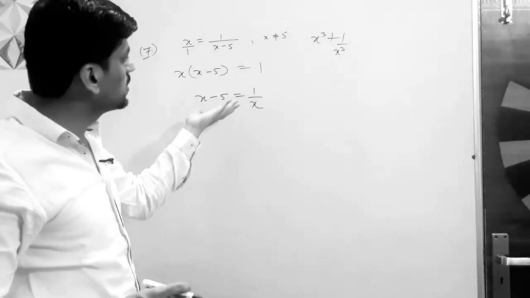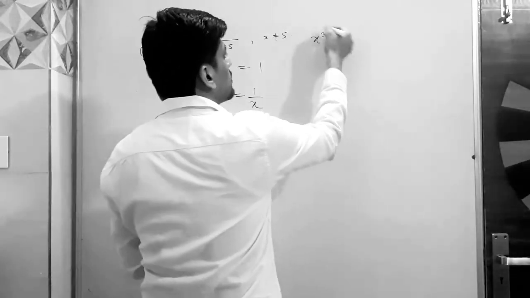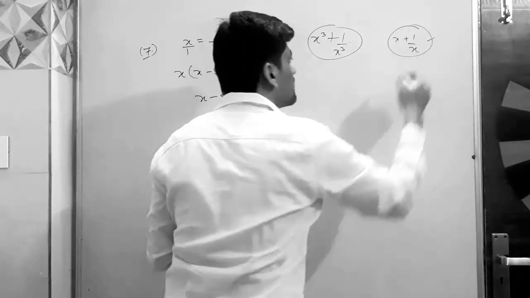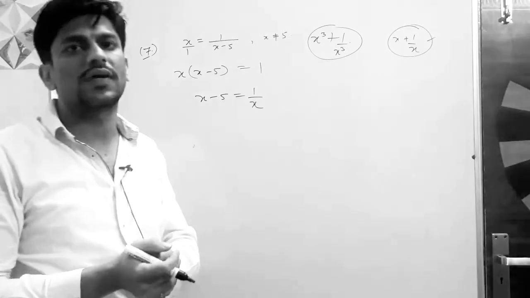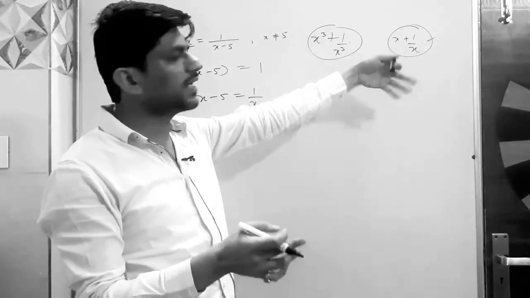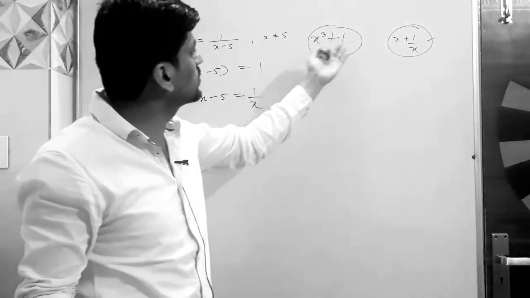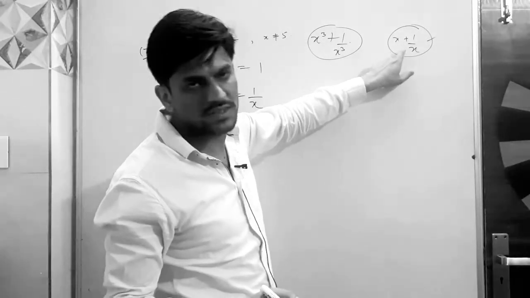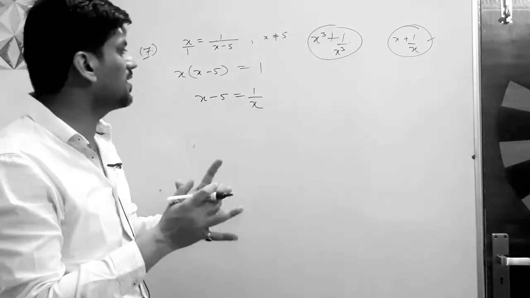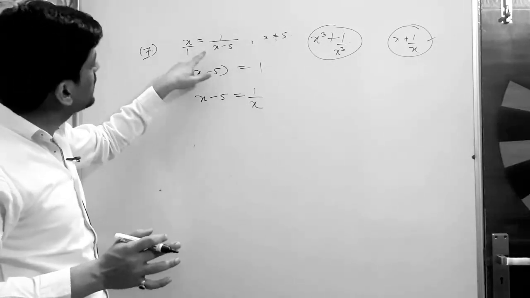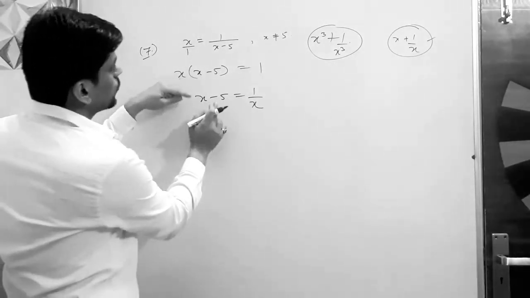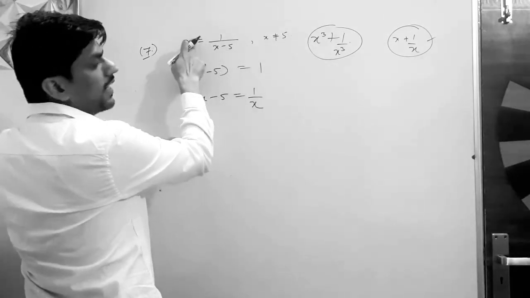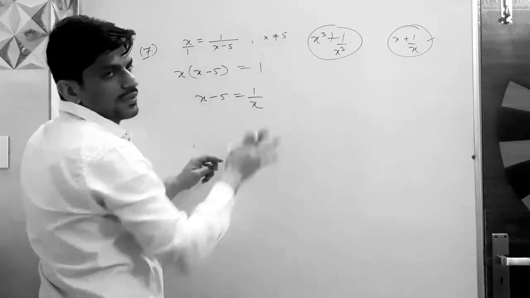Why do I do this? Because I have the idea that to find out this value, I need to somewhere find this x plus 1 over x or x minus 1 over x. Somewhere I need that expression so that I can square or cube to find out these types of values. Alright, so I want to have this, x plus 1 over x. So this thing I can find by interchanging this. Alright, you can do this step directly. Avoid this one. See, shift this to this side and this will become x.